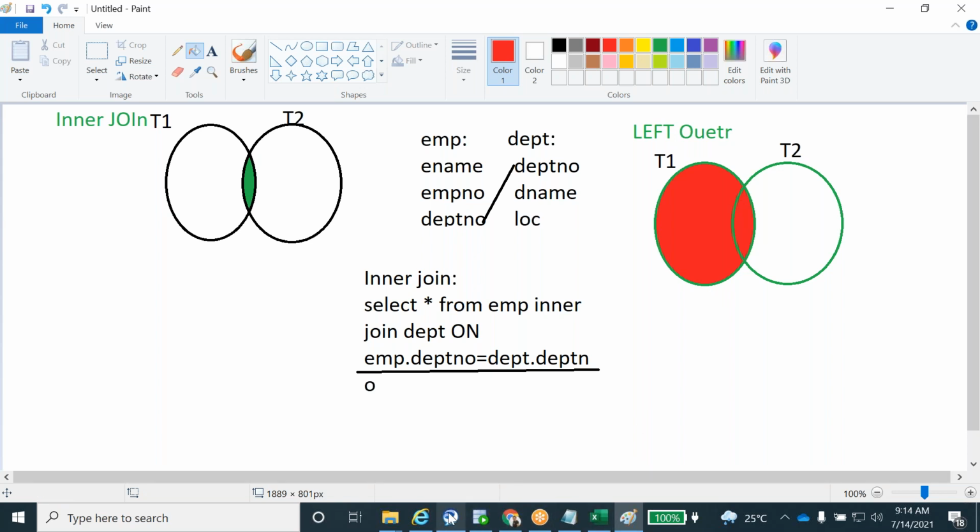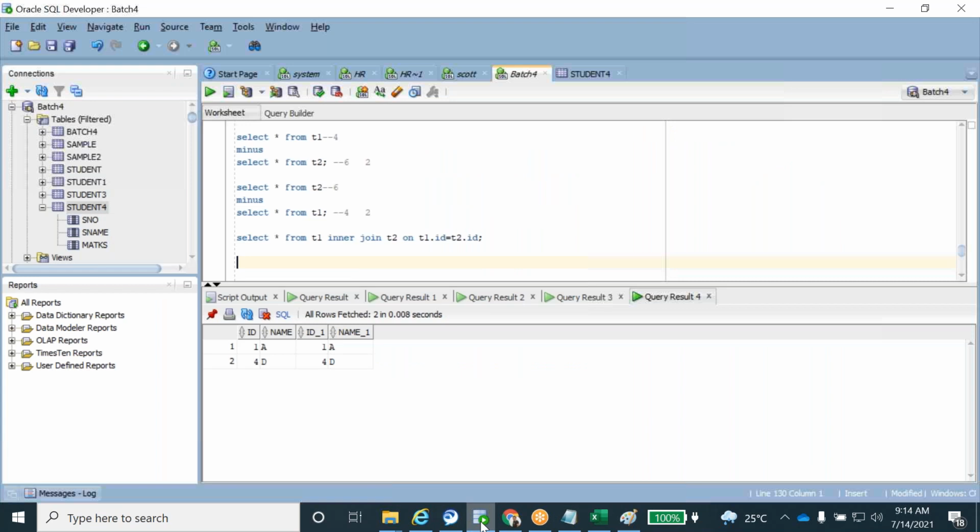Now tell me, what is the syntax here? Same syntax. Select star from T1 left outer join T2 on the same condition, T1.id equal to T2.id.